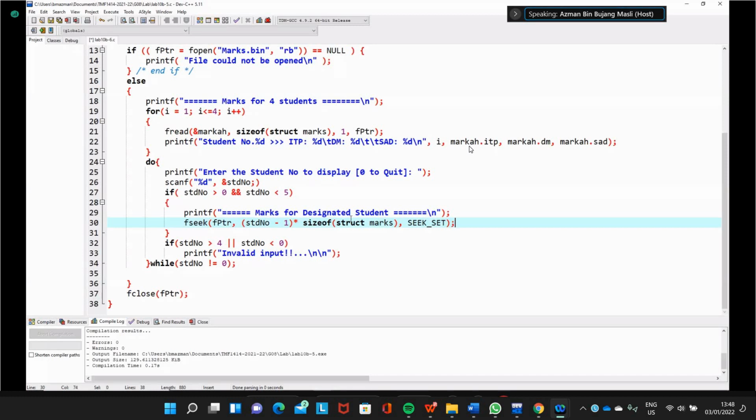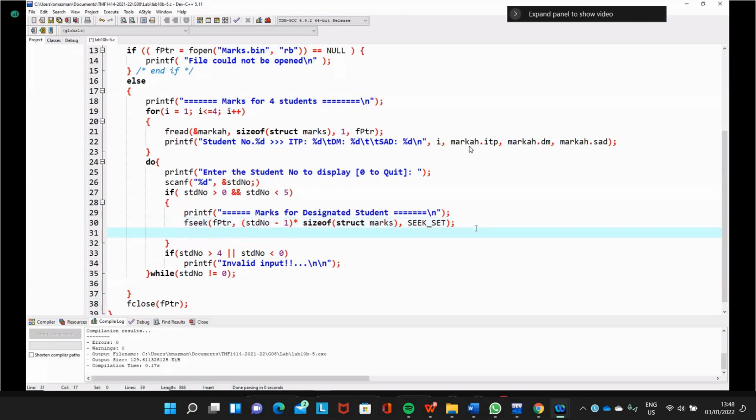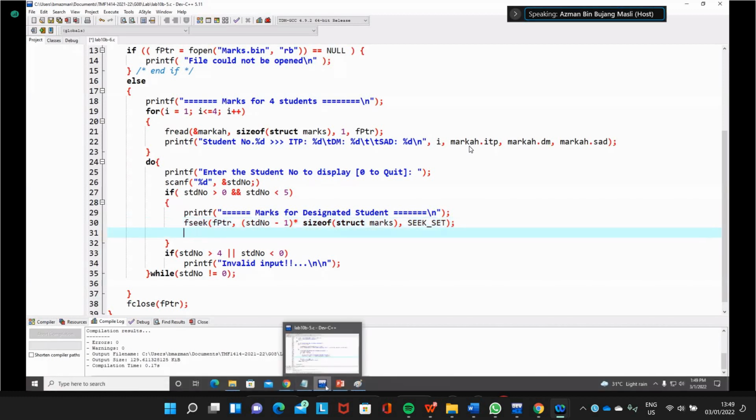From there you read the file. fseek is actually just to move your file pointer to the location that we want. So your file pointer will get to the 0 position, which is the beginning of the file.